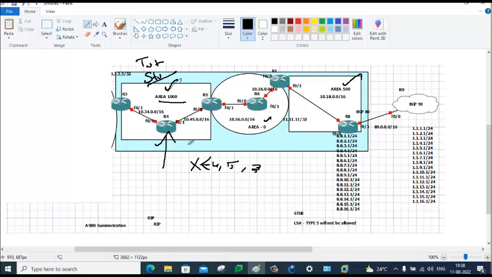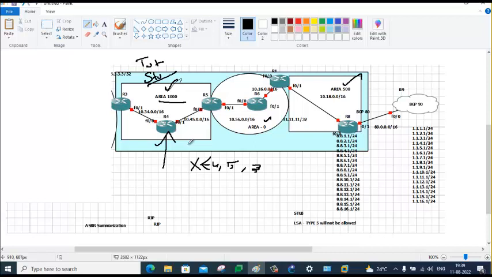If type 3 is denied, the routes advertised from area 500 and area 0 cannot be learned because no one is giving them. Type 3 is denied, so R4 and R3 cannot learn those 10.56 network, 10.16 network, 10.18 network,